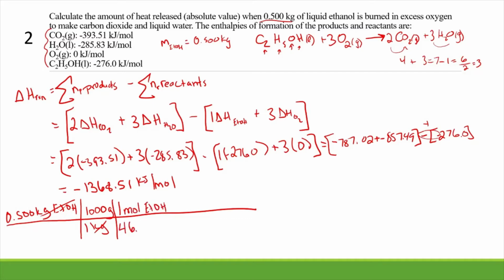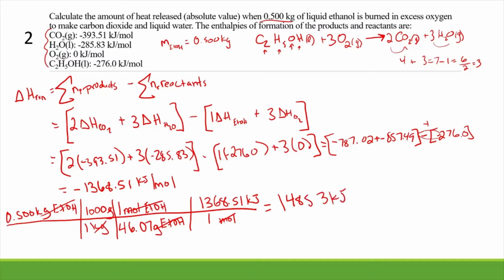So we're using good old molar mass here, 46.07 grams per mole for ethanol. And then we can use our delta H also as a conversion factor, 1,368.51 kilojoules for every 1 mole. Moles cancel, we're left with kilojoules, and you get